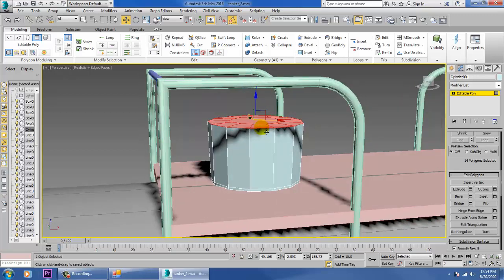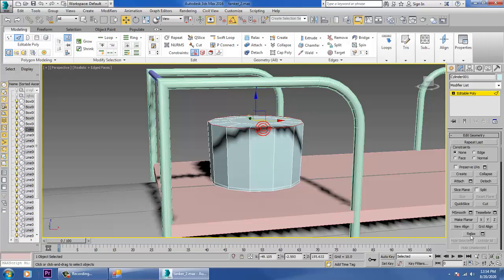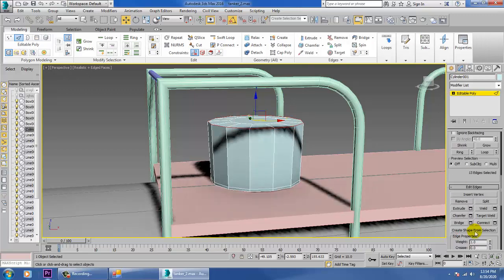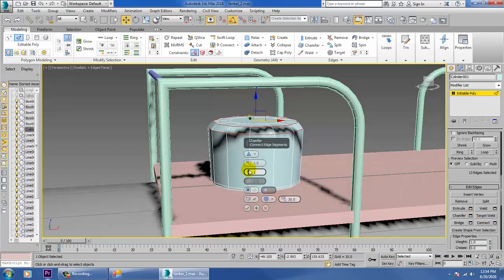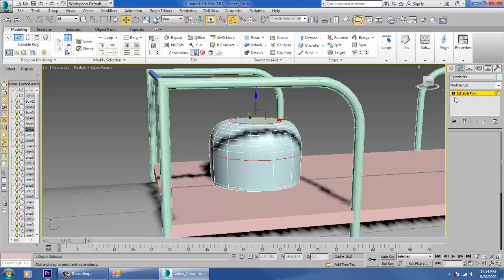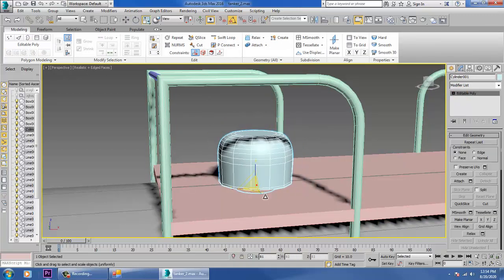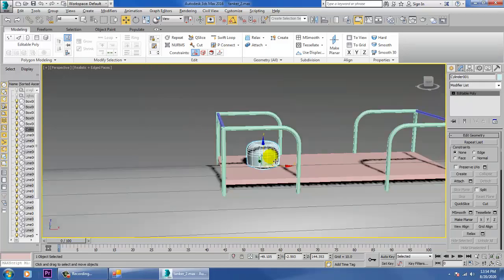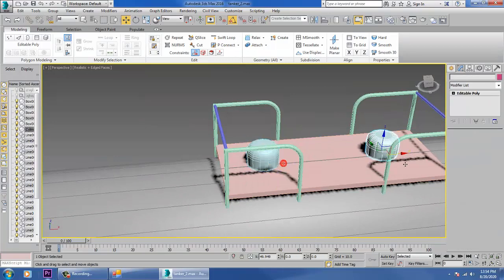You can go into the edge over here and just give chamfer over here. So just duplicate this over here.